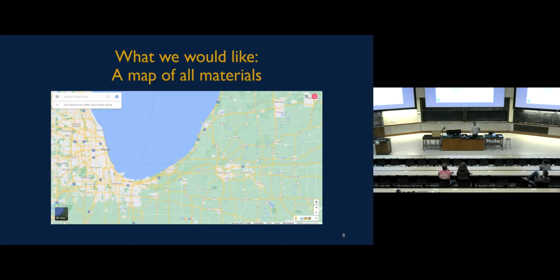So you need maps like these for material science, and we don't have that now, but this is what we would like to have. And this is where I come to fictional materials. I thought that there would be a substantial overlap between people who attend lectures like these and science fiction enthusiasts.